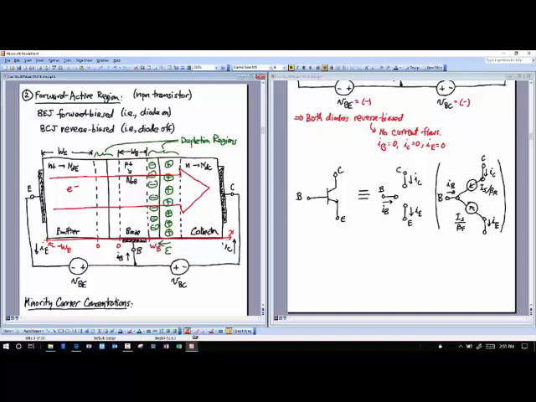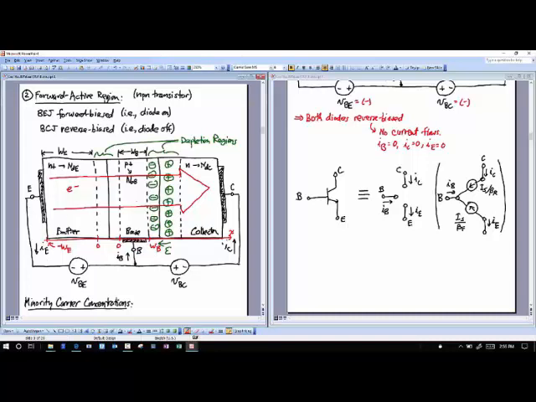Unfortunately, not all of your electrons successfully make it to the collector. Because think of what's happening. You've got electrons that are sweeping through the base. Once they get into the base, what do they meet? Holes. Right? A base is just a cloud of holes because it's been P-type doped. So you got these holes around, and there's all these opportunities for electrons to fall into a hole and get stuck there. Okay? And so that happens. They recombine with holes. And where are those holes coming from? In order for them to recombine, there has to be current flow. Well, the holes come from the base terminal. They come from your supply and the base terminal. The electrons, in fact, are coming from your supply and the emitter terminal.